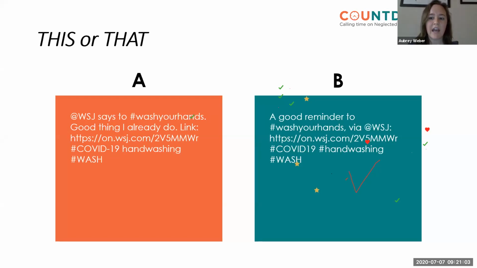Tweet A also uses a hashtag COVID-19 with the dash in the middle. While this is the correct way to spell COVID-19, hashtags can only be used with letters and numbers. So a symbol like this dash will essentially break the hashtag, so only COVID in the COVID-19 will be tagged. And that's fine because a lot of people are saying COVID, but just to keep in mind for other words that might have a symbol in the middle, use the and symbol or a dash or anything like that, it will break the hashtag. So keep that in mind.